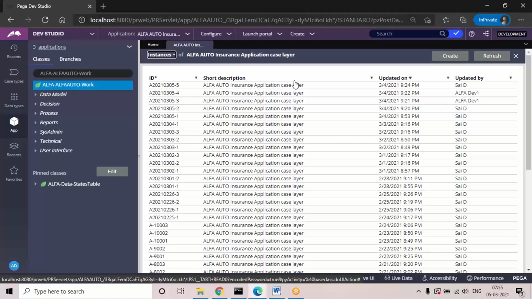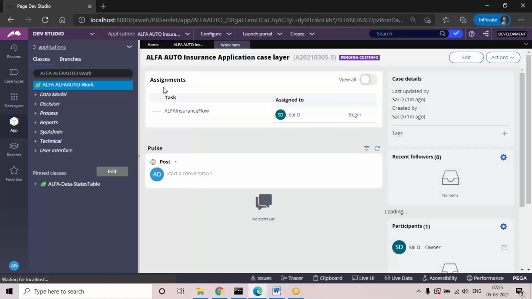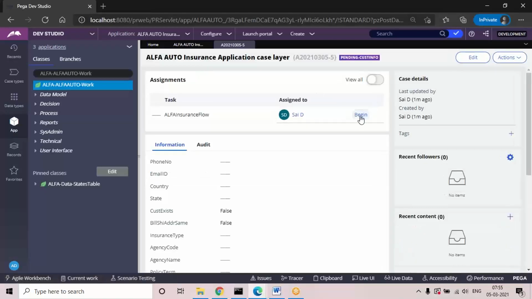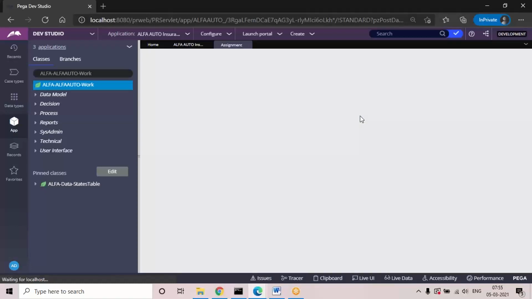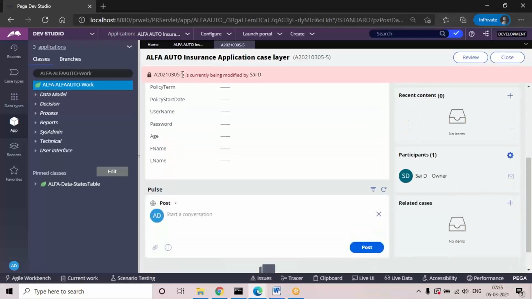If I try to access this same work object at the same time and click on begin, I'll get an error that the work object is being modified by some operator. The error says it is currently being modified by the operator's ID, which is admit alpha.